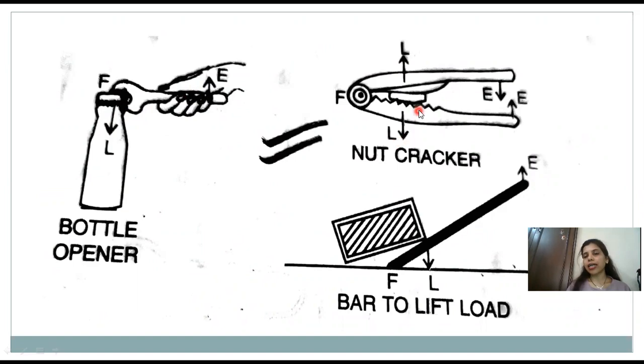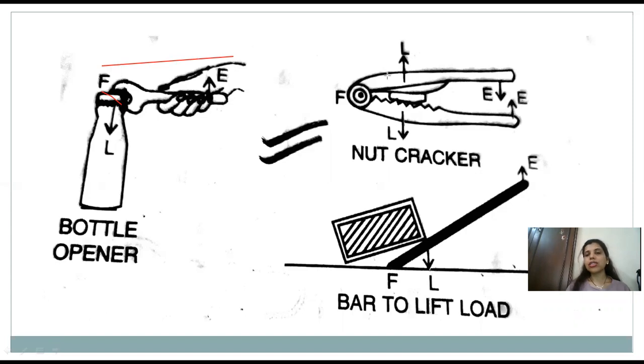Even here nutcracker, as load is at the center, effort arm, because from the position of the fulcrum you're going to measure the length till the effort is. So here you can see from the fulcrum. So whenever you are measuring this, because you all make mistakes when you are measuring the length, always from the fulcrum till the effort you have to measure this length, and from the load till the fulcrum. So you can see that here in this case also the effort arm is greater than the load arm.